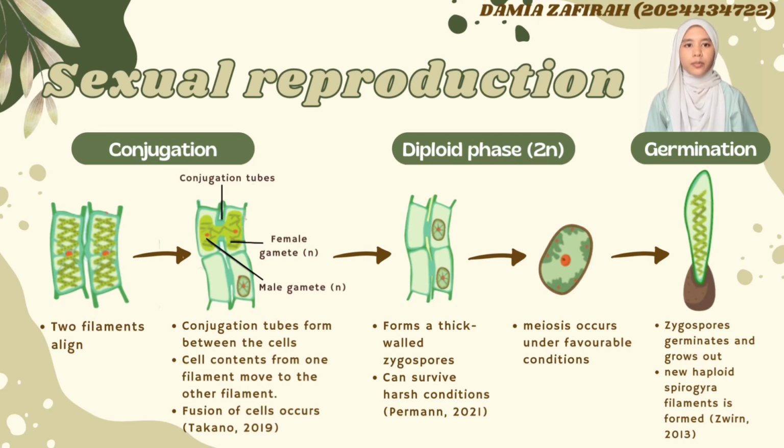Then, the zygospore became very resistant, and it can survive under harsh environmental conditions. When conditions become favorable again, the zygospore undergoes germination and develops into a new Spirogyra filament, allowing the life cycle